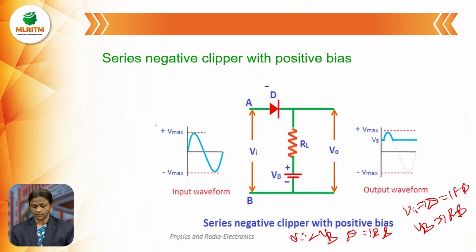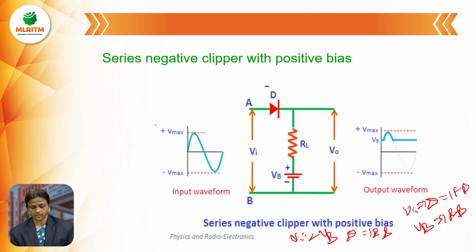So during the positive half cycle, from x-axis to Vb, that portion must be cut off. After Vb or above Vb, you can get the corresponding output. Whenever Va less than Vb, diode D is in reverse bias. So from x-axis up to Vb, that portion must be cut off at the output side. Whenever, second condition, Va greater than Vb, diode D is in forward bias. So you can get the corresponding output. So after Vb, during the positive half cycle, that portion must be represented by thick line. So waveform will be like this.